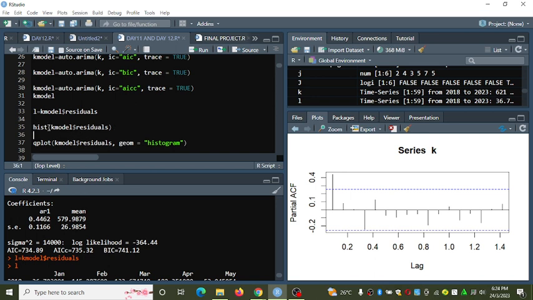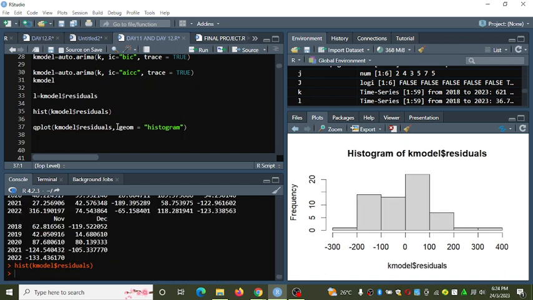Remember, the histogram here is under ggplot2. ggplot2 of the model and residuals. Let's see. Okay, if you check keenly here, our histogram has a bell shape.